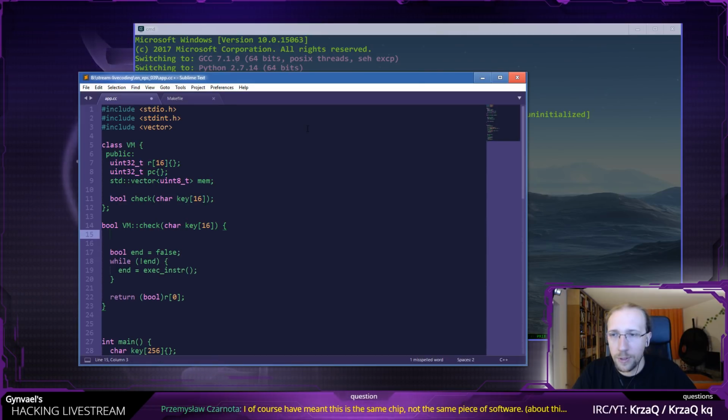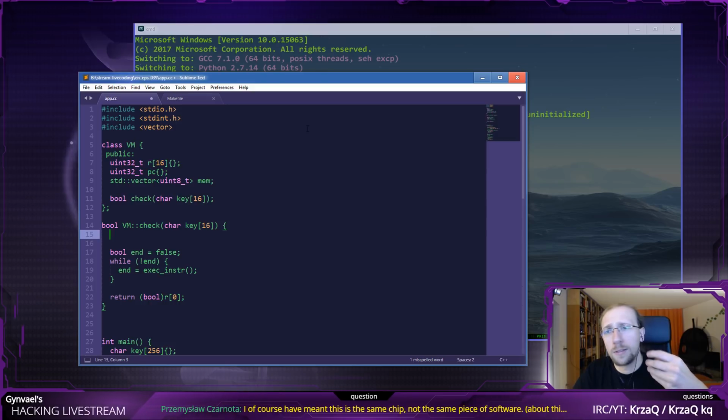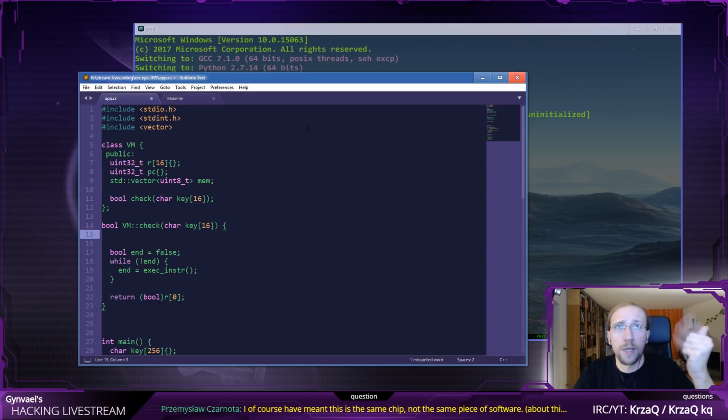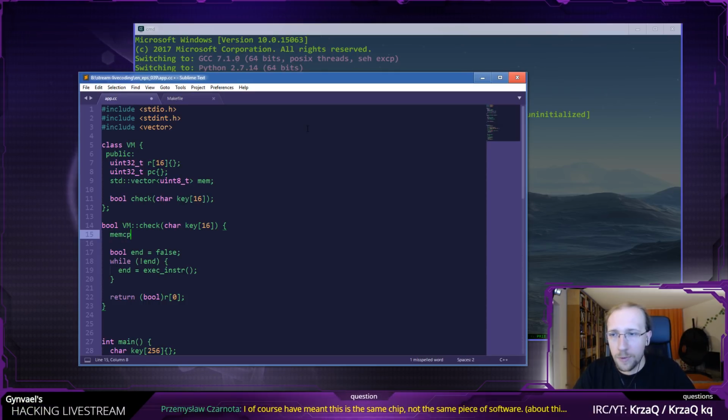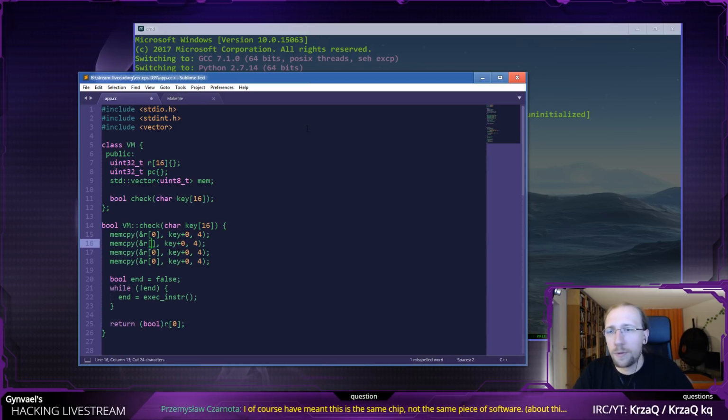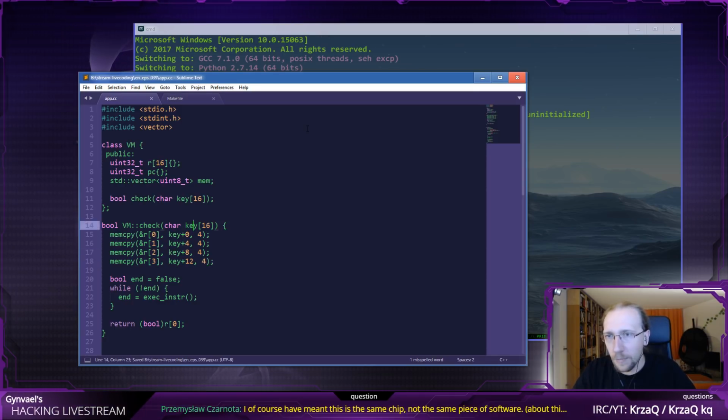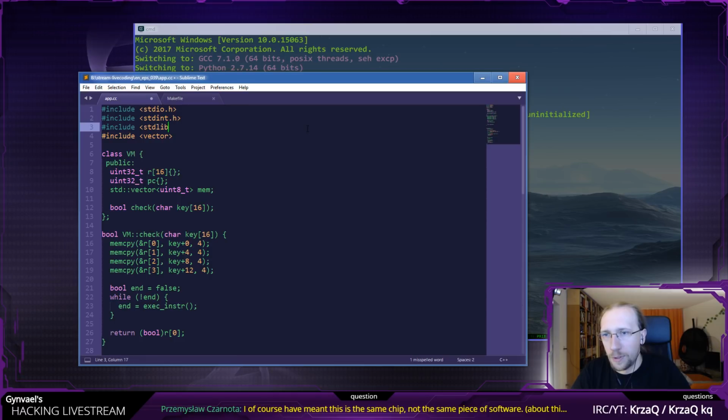And here I actually need to put the key in either the memory or in the registers. I guess I'm going to go for the registers, because why not? So I'm going to memcpy. This is quite funny. It's probably undefined behavior what I'm doing now. Do I care? I absolutely don't. Key plus 0 for, okay. So the first 4 registers are going to receive the key. Okay. Now I do believe I need stdlib